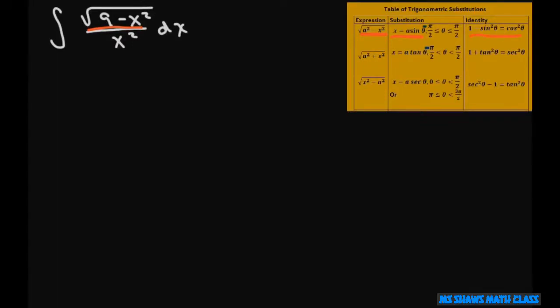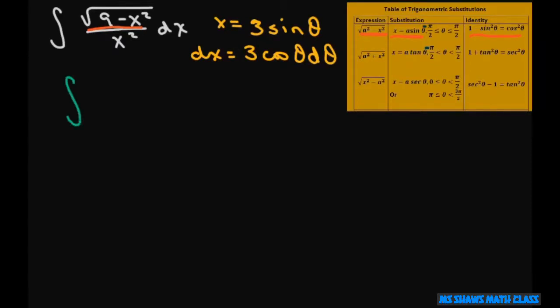So basically what I'm going to do is let x equal a. In our case, since we have 9, a is going to be 3, so square root of 9. So x is going to be 3 sine of theta. And therefore our derivative of x is going to be 3 cosine of theta d theta. Now substituting, we get,